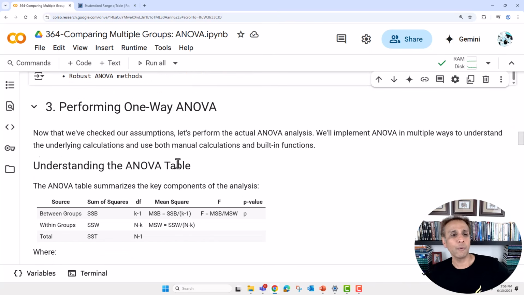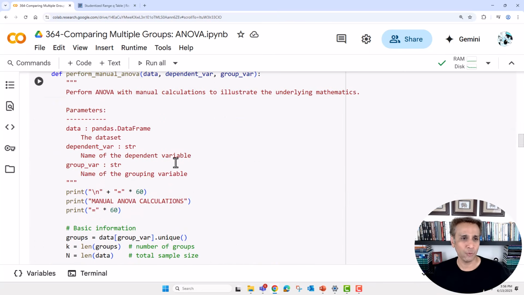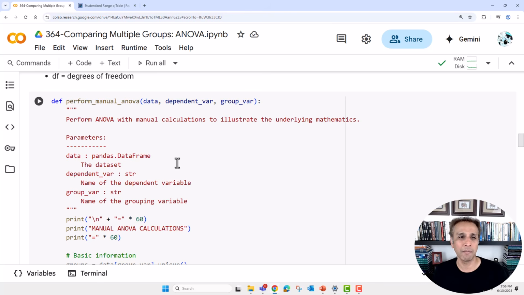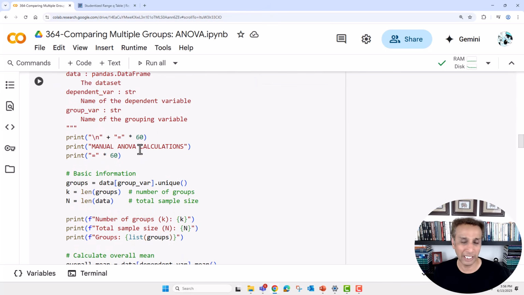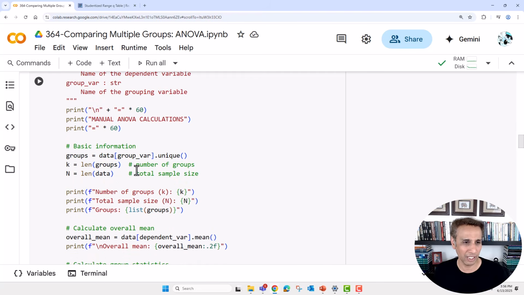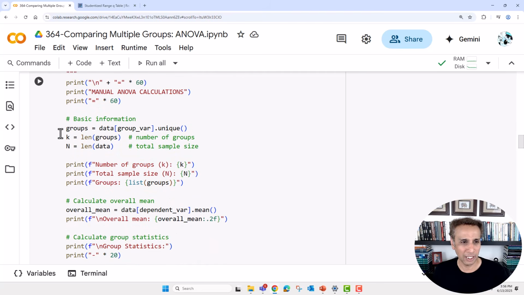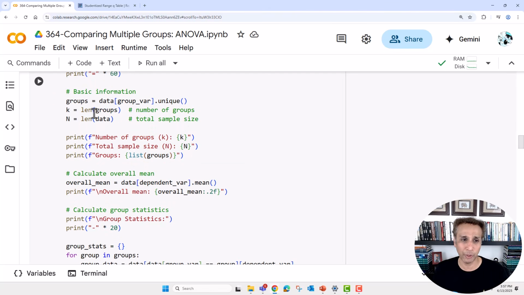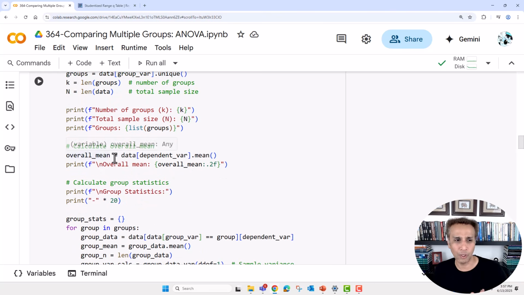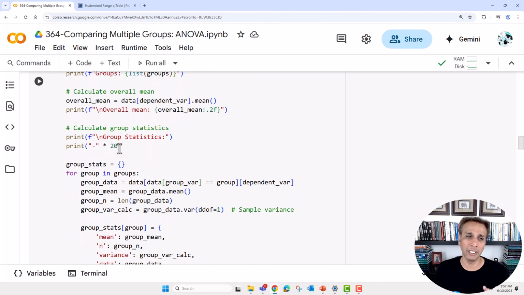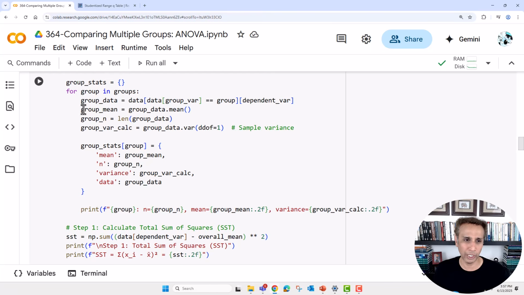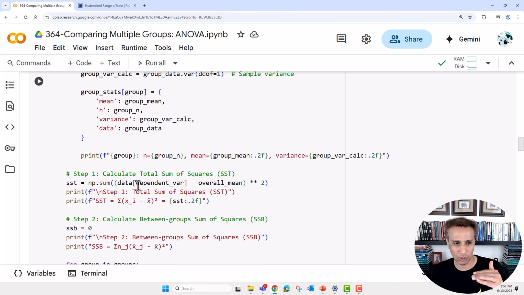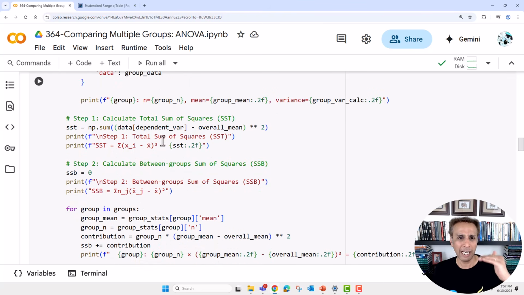Okay, so now we are performing the one-way ANOVA test, which is again very straightforward. ANOVA is directly, as you see, from the library, and I'm printing a whole bunch of stuff, basic information. For example, how many groups do we have? How much data do we have? How many data points, and then what is the overall mean, and what are the group statistics for each of these groups. Go ahead and print mean and variance and data for each of these groups, and then calculate total sum of